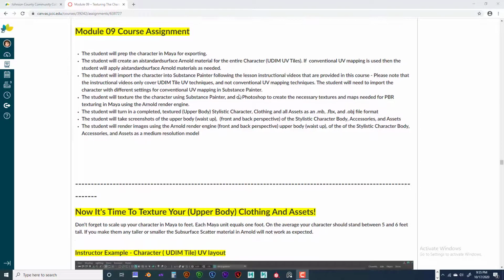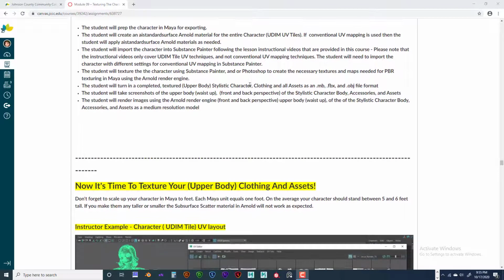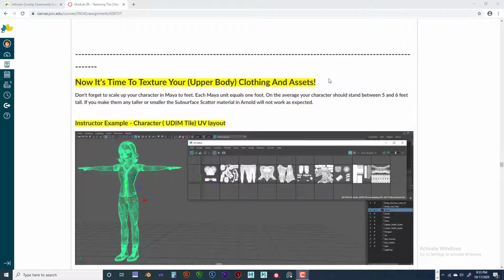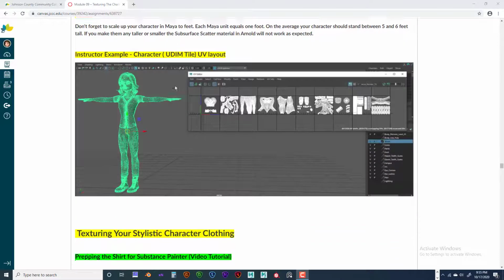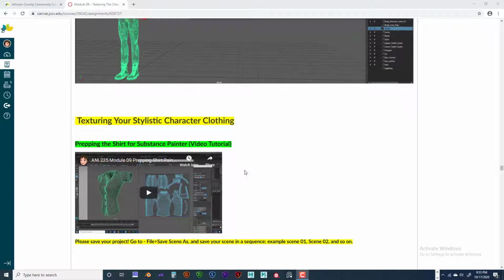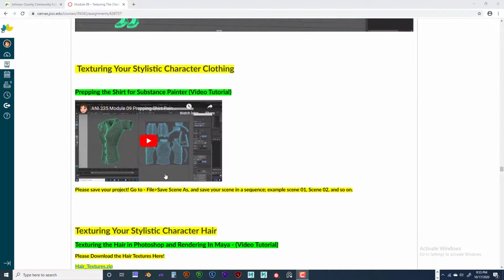And the assignment, basically in a nutshell, is that you're going to be texturing your character. And yeah, it's time to add textures. So I do a very quick job of how I lay out my texture, my UVs. I know that we're kind of going backwards, but some of you may not have laid out your UVs properly, and you're wondering why they don't match up. So I take you through how to match and optimize your UDIM tiles, or your UV space, the best you can, and show you how to cut in certain areas of your model so you can add a seam,